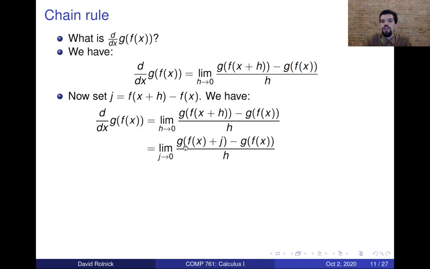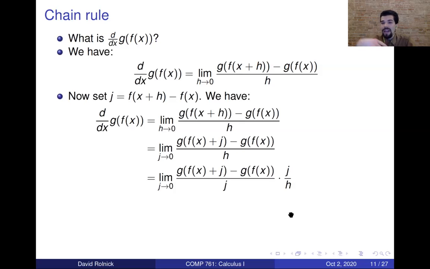We can write it as g of f of x plus j minus g of f of x. This really looks like a derivative of g. Only problem is we're not dividing by j, we're dividing by h. So how can we fix that? Well, what we could do is